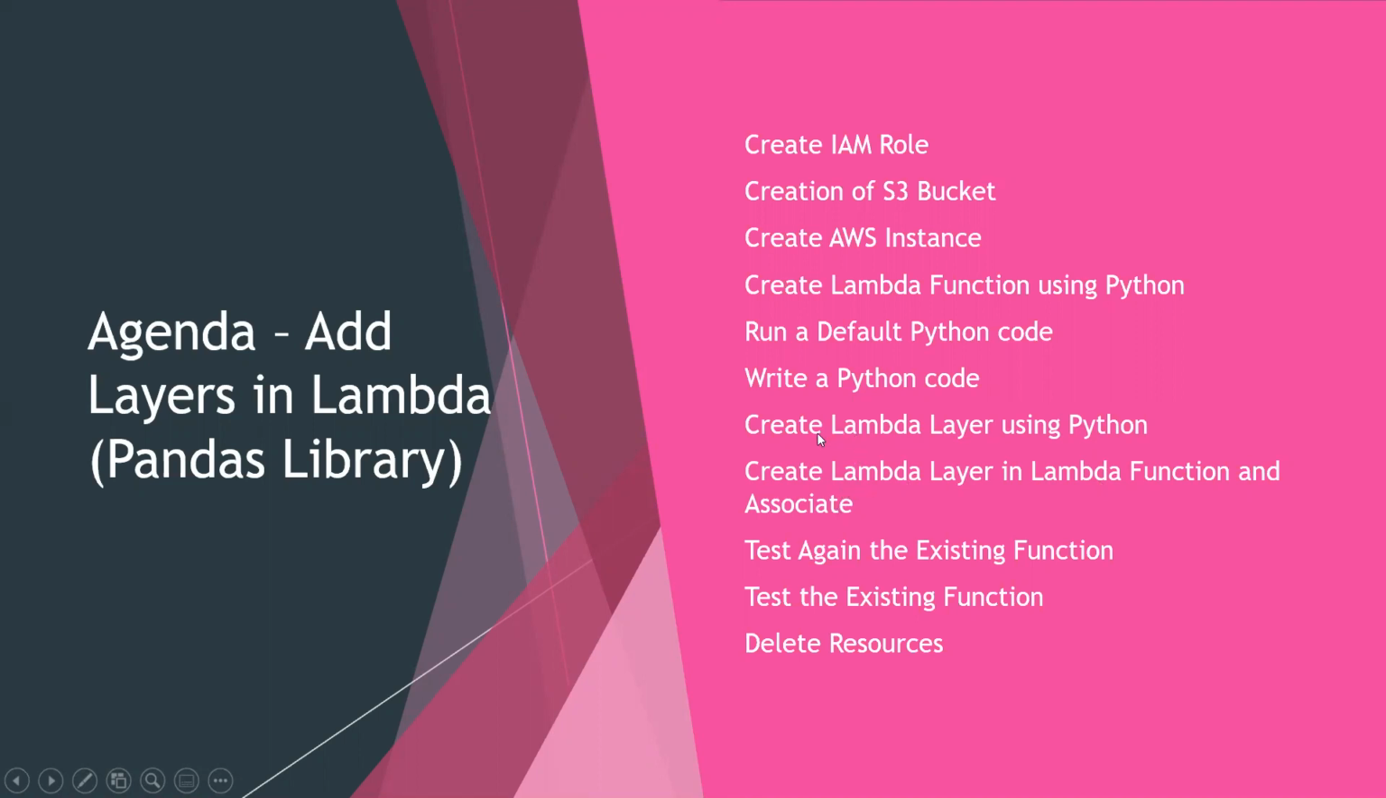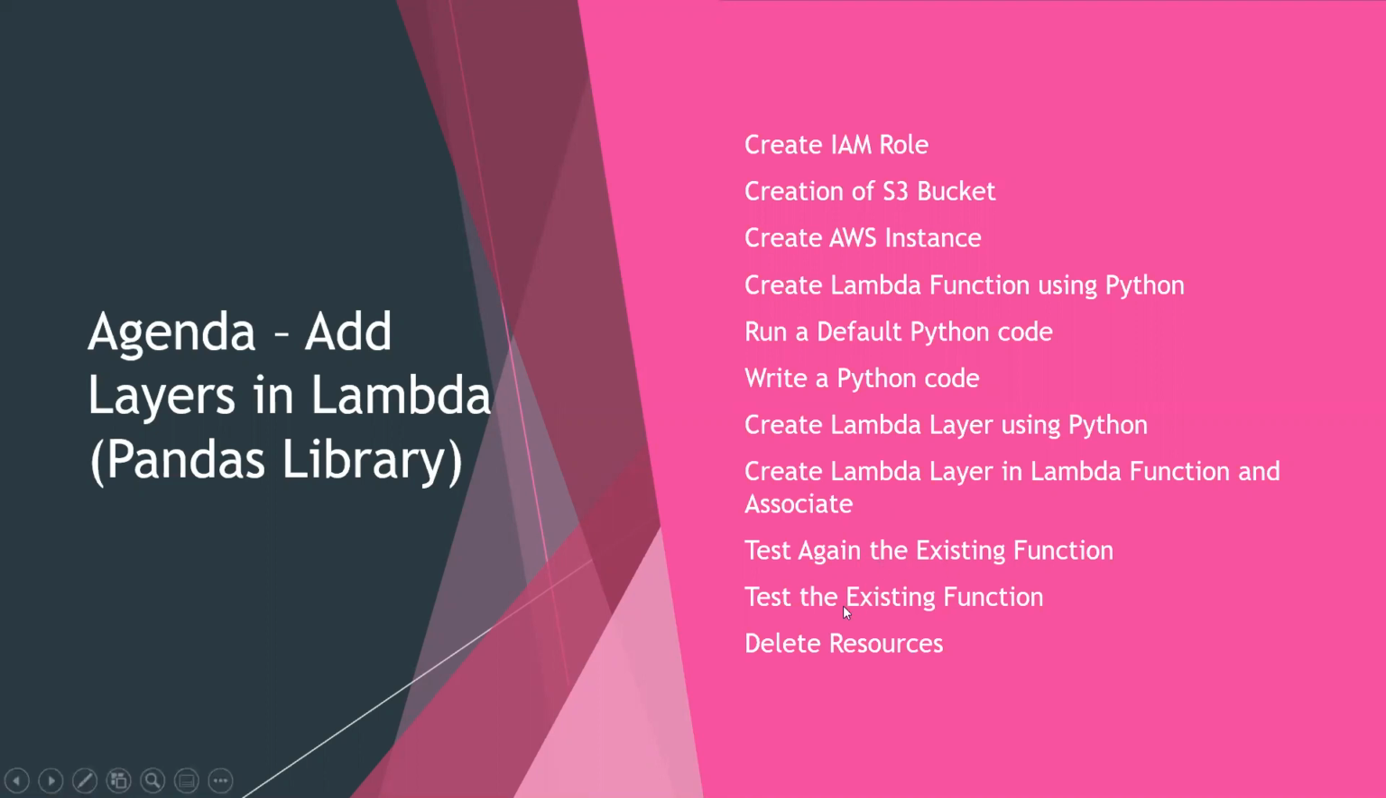So what we will do, we will create a wrapper like a layer and wrap the layers to the Lambda function. And this is a reusable component where we can use that wrapper in multiple Lambda functions. So test again in the existing function, test the existing function. We need to test it,